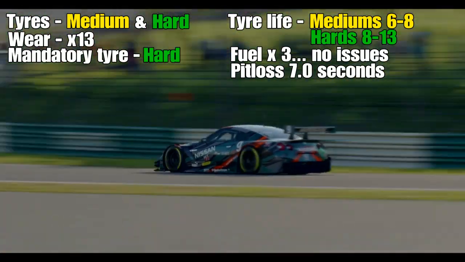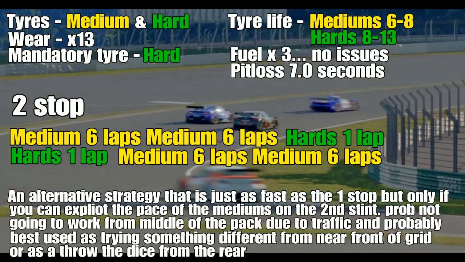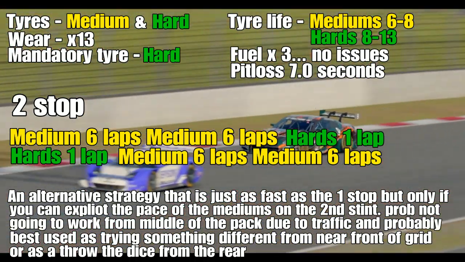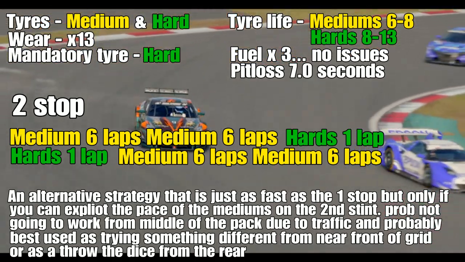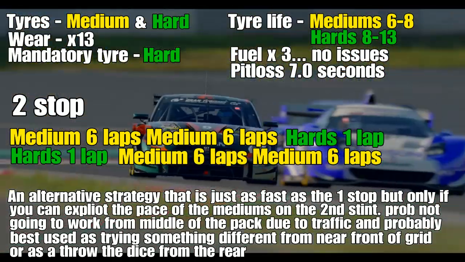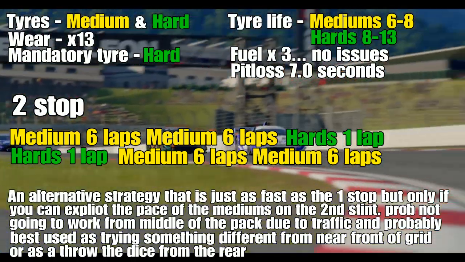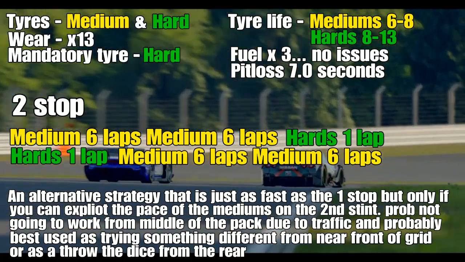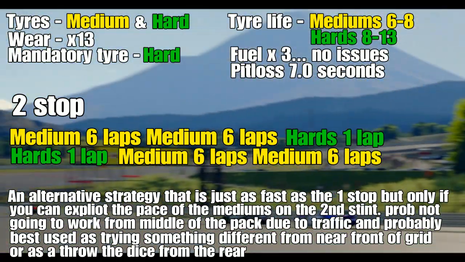Moving on to the two-stop strategy. Now this is workable, but it is a bit of an alternative strategy. It's nearly as fast as the one-stop, but only if you can exploit the pace of the mediums. It's going to be pretty difficult to do that from the back of the grid or the middle of the grid. It's probably more a strategy just to run from the front or the first 1 to 3 places, but you